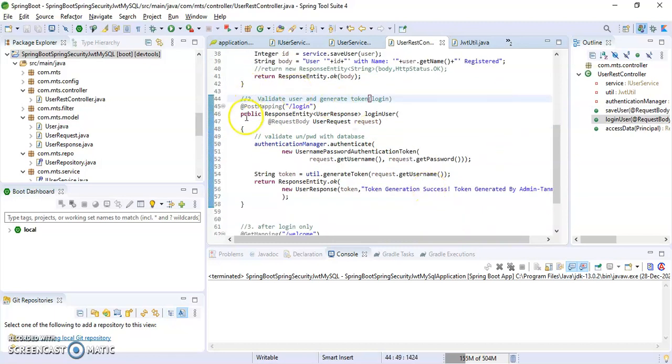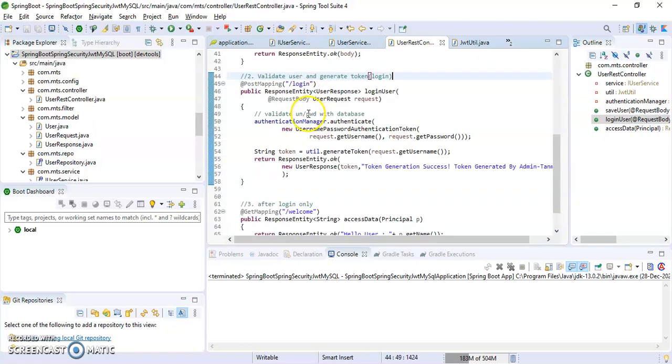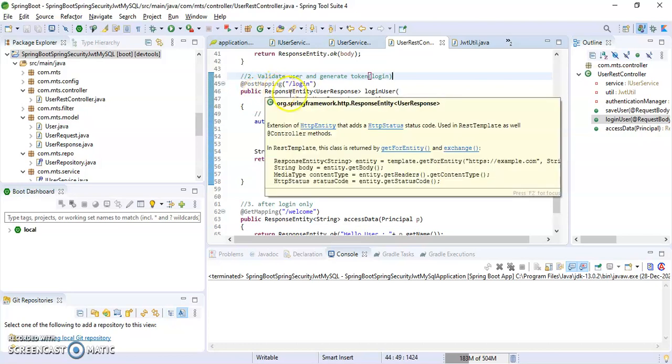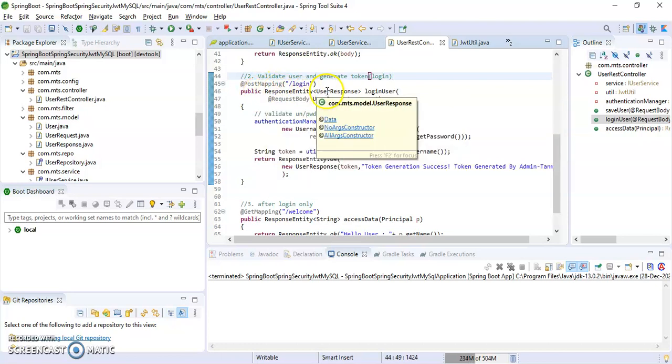Then create another REST endpoint as post mapping slash login under user. Then public ResponseEntity will create a user response.